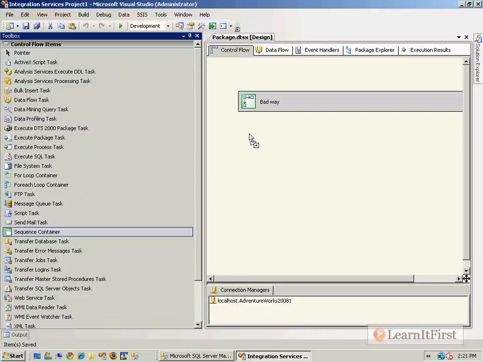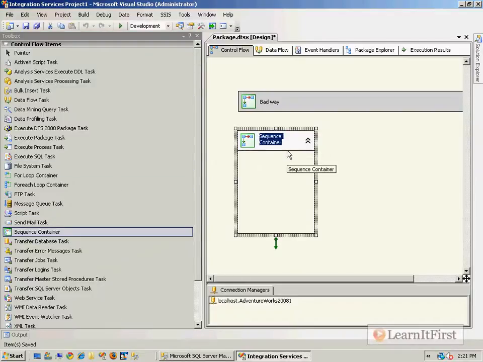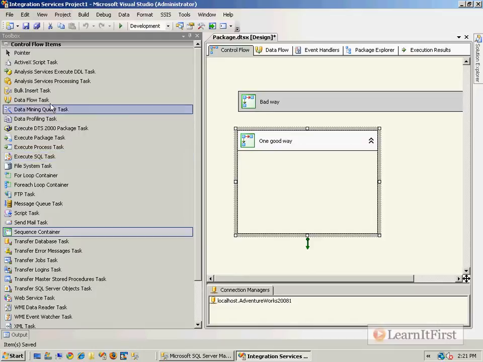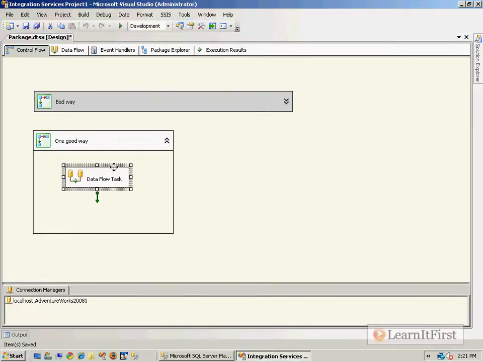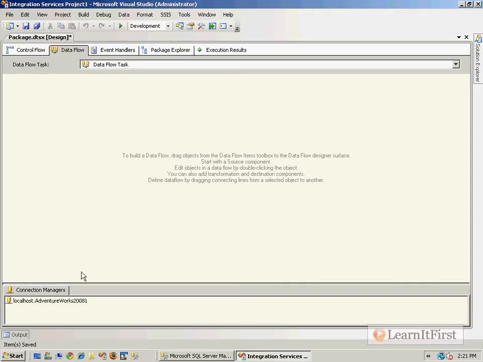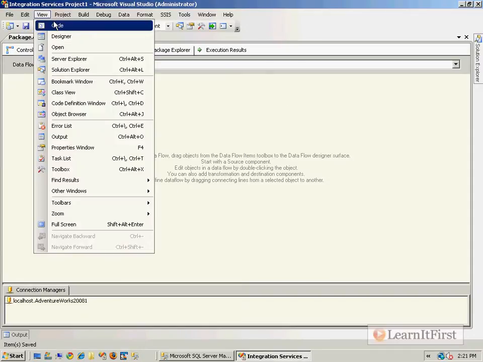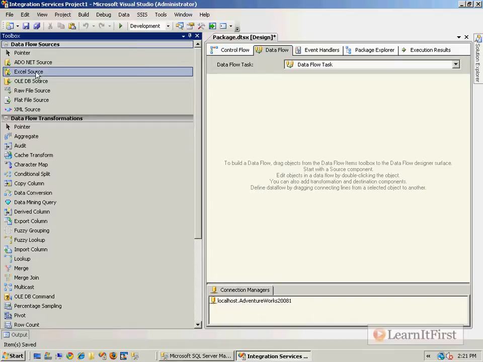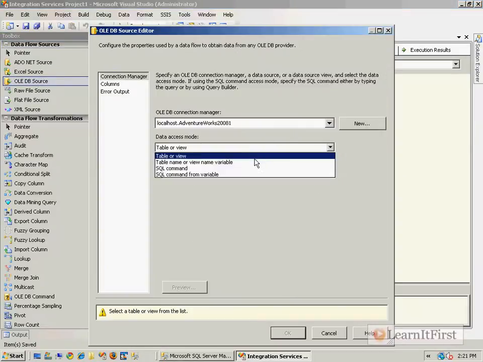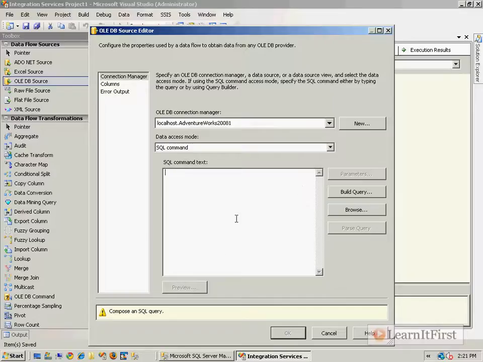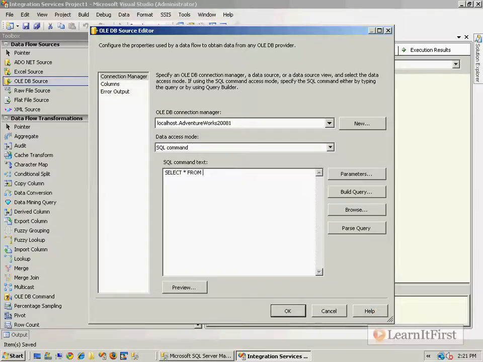And I'm going to drag another one over here and call this one good way, because there are actually multiple good ways to solve this particular problem. We're going to do this one with a single data flow task. And our data flow task is going to have... did I close it again? It's going to have a single source. And watch what our source is this time. Our source is everything